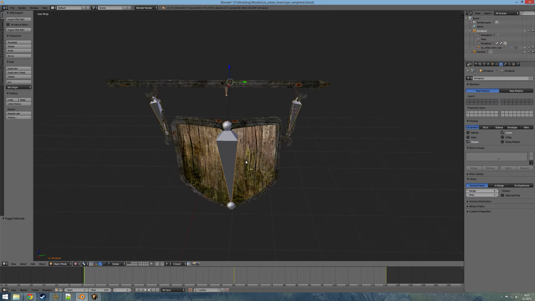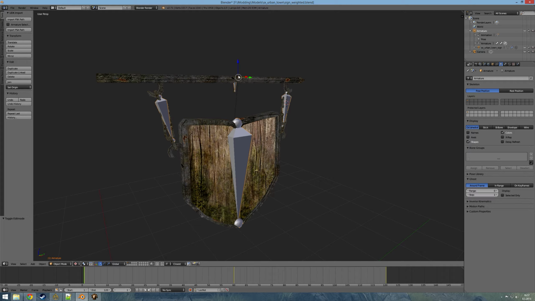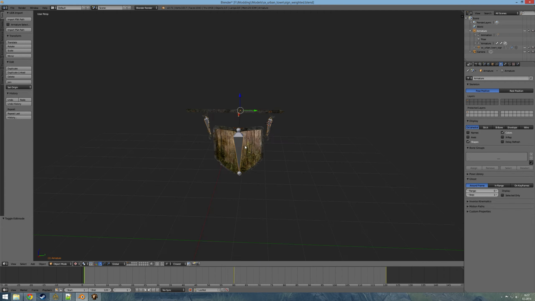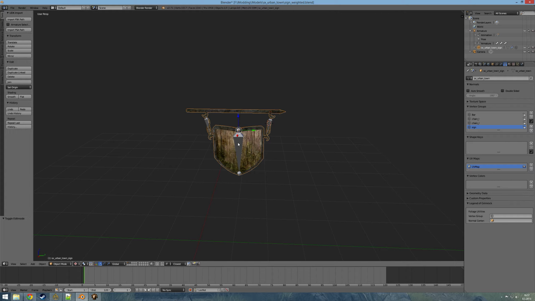The reason for this is the origin, or the position of both the armature and the